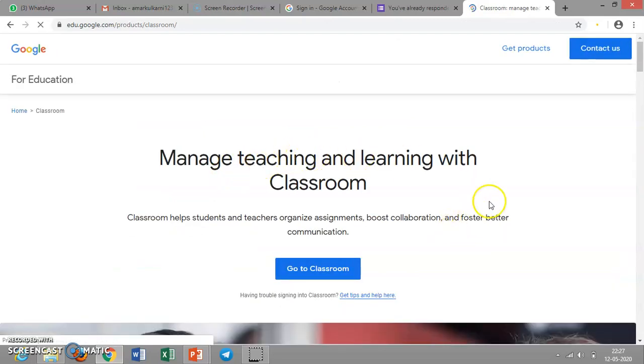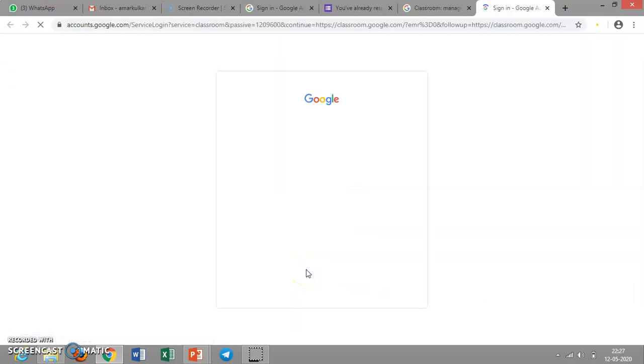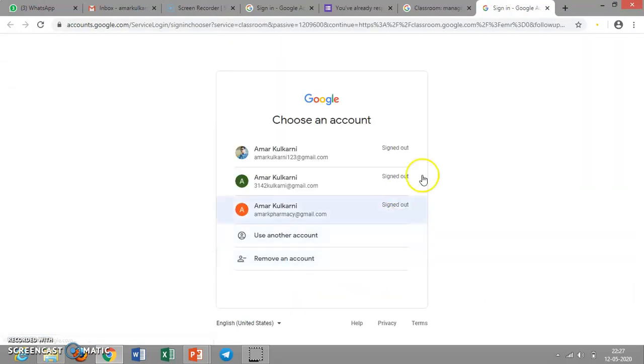So it will take you to this page. You just click on go to classroom. It will ask you to sign in with a Google account, that is a Gmail account. So you just sign in with your Gmail account.